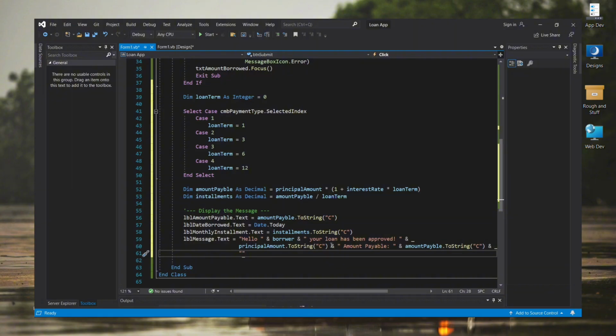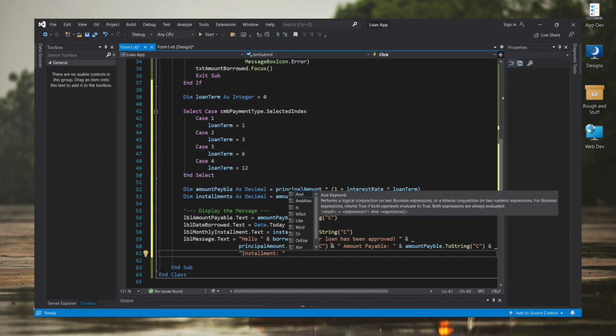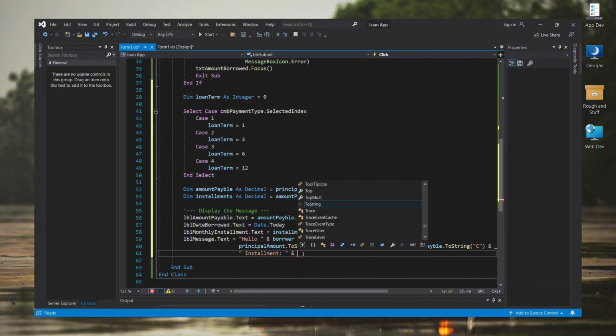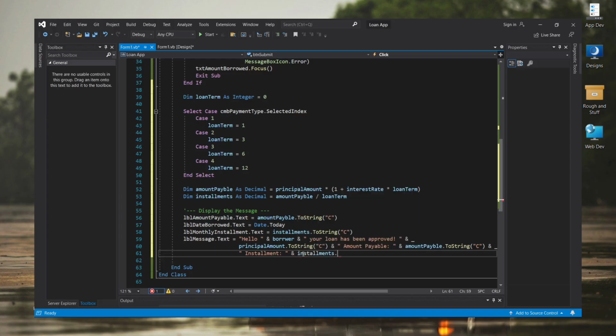After amount payable, I think we're gonna have to put installment. Yeah, I'm just gonna say installment. Let me put a space behind it so that there can be space. Okay. It's installment dot ToString to show currency. After that,